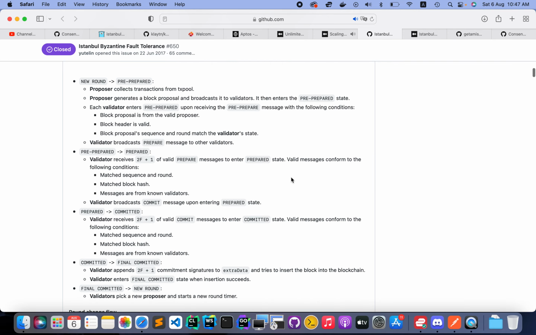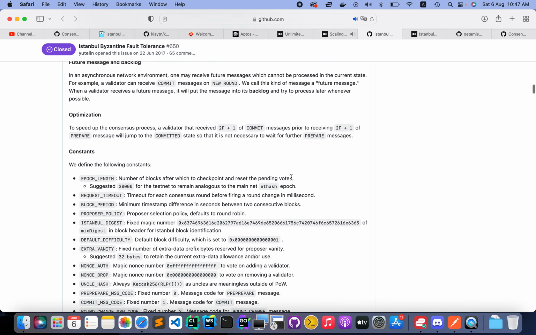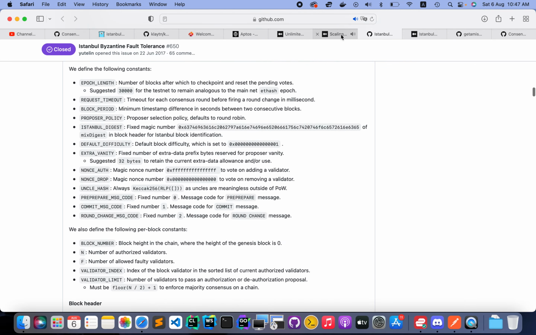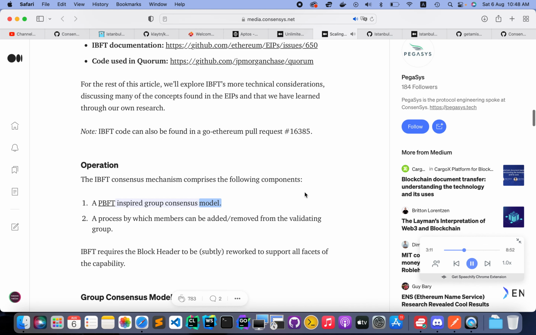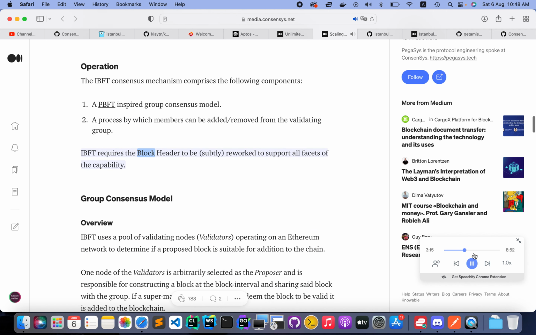Operation. The IBFT consensus mechanism comprises the following components. A PBFT-inspired group consensus model. A process by which members can be added or removed from the validating group. IBFT requires the block header to be